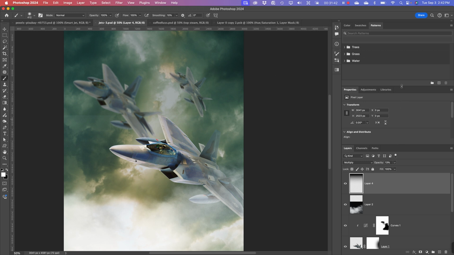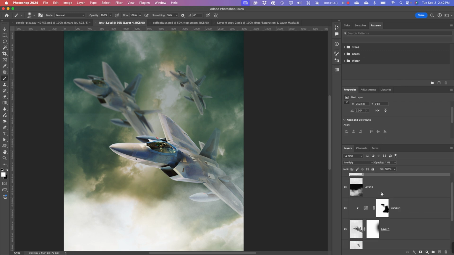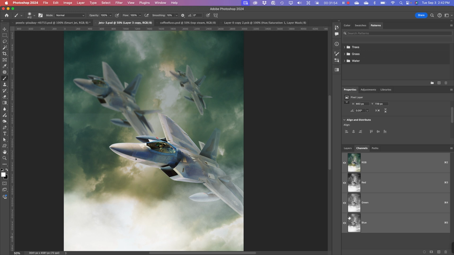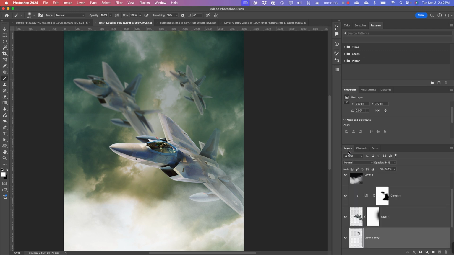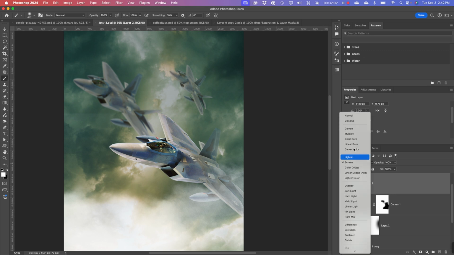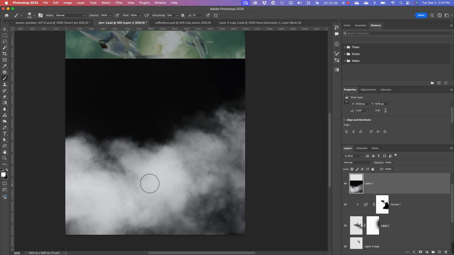But to the earlier point about being able to use absolutely anything that's black and white or grayscale for a mask, let's see. I didn't really use this as a mask, but I've got some smoke here. I could use that for a mask,